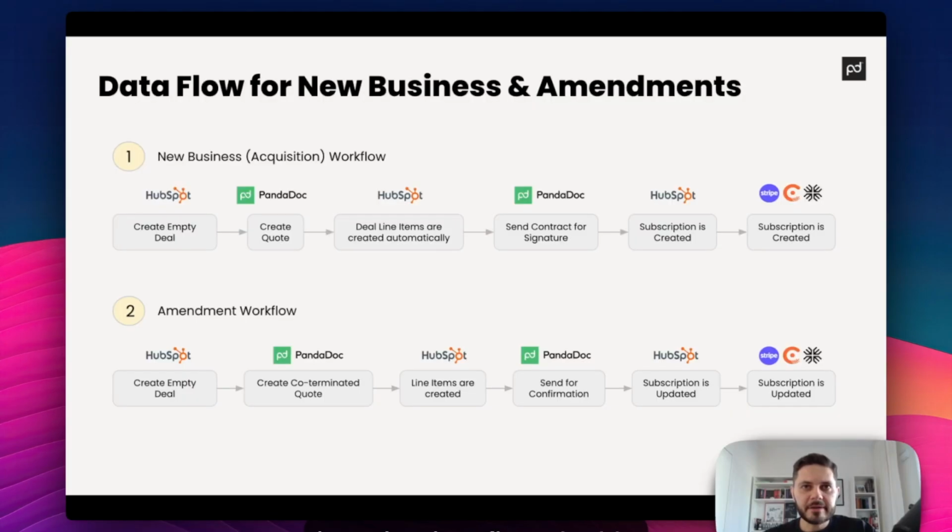Let's summarize how the data flows in this end-to-end solution. First, a new business deal is created in HubSpot. Directly from HubSpot, the account executive generates a new quote in PandaDoc, with line items automatically added to the deal. The contract is then sent to the customer, and once it is signed, a subscription is created in HubSpot using